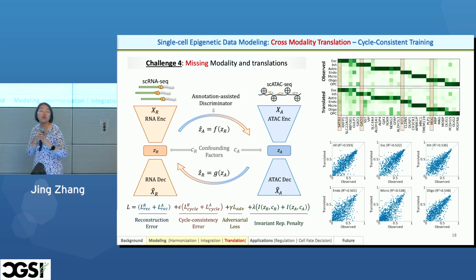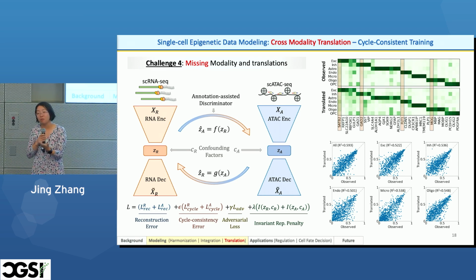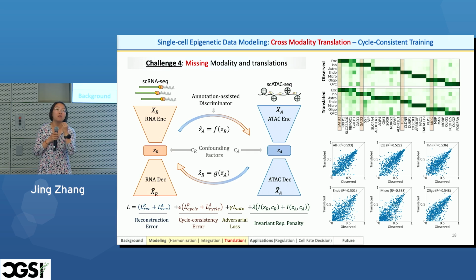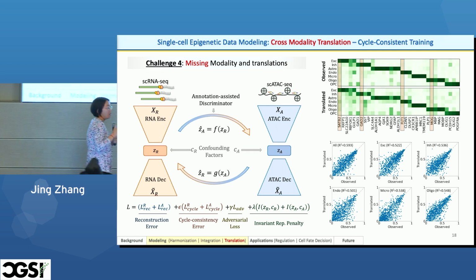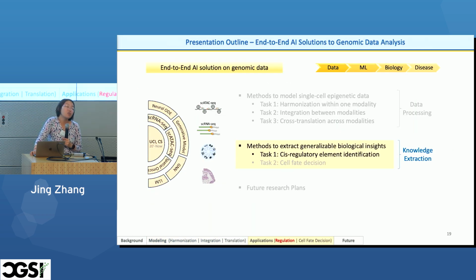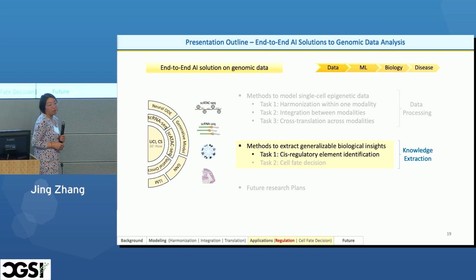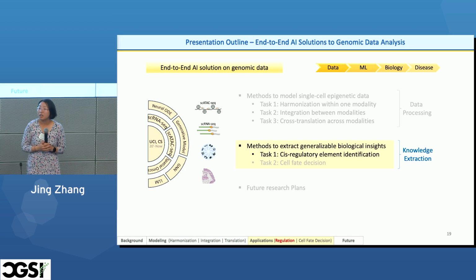after connecting those two modalities, we can easily fill in a matrix, right? If we have a missing modality, what is the other modality? And we can easily conduct some perturbation study to link different modalities together, right? So that is our three efforts to deal with the single modality single-cell epigenetic data, multimodality single-cell data, and try to make sense out of them, right?